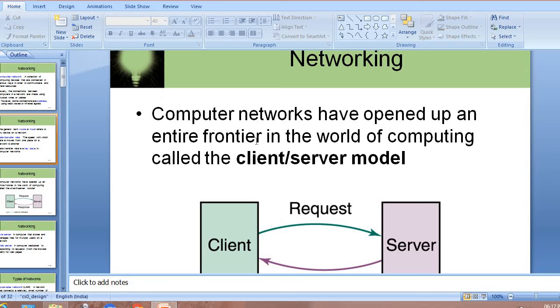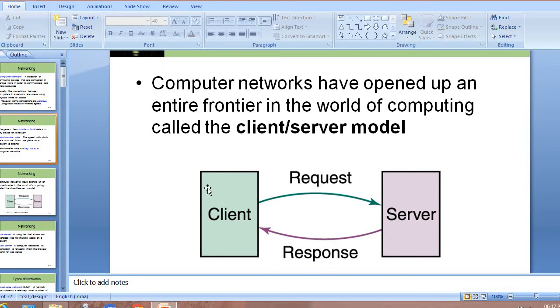The next point is that computer networks have opened up an entire frontier in the world of computing called the client-server model. Basically, when we talk about computer networks, we talk about the client-server model. One PC works as a client and another PC works as a server. The server has more rights and responsibilities than the client.